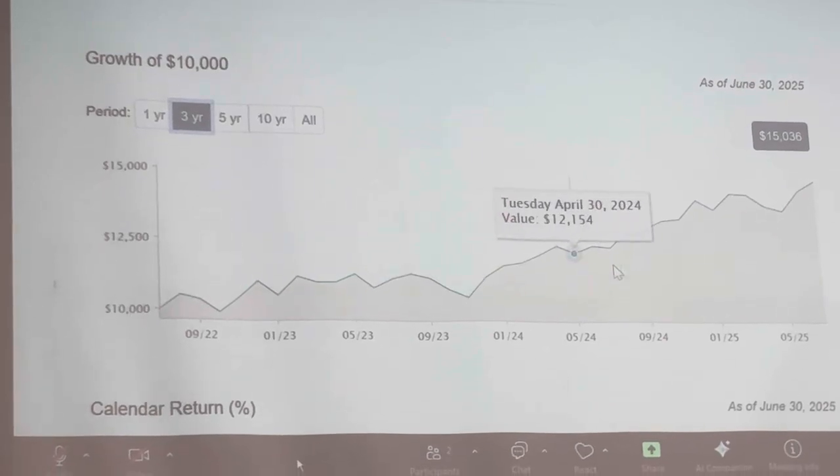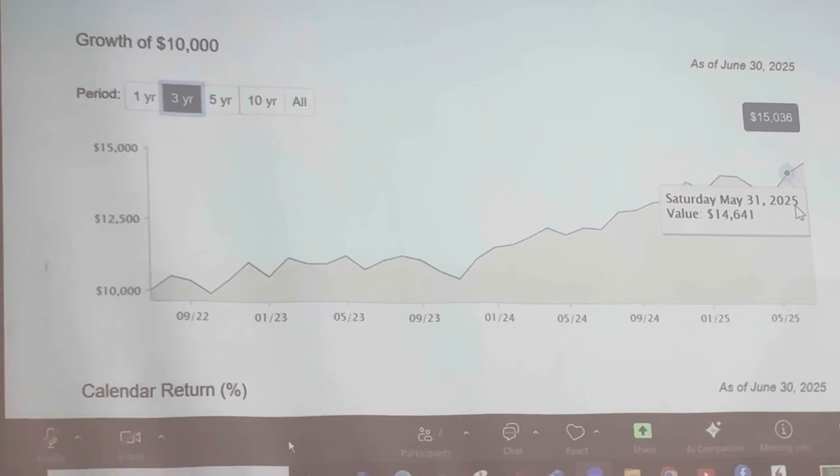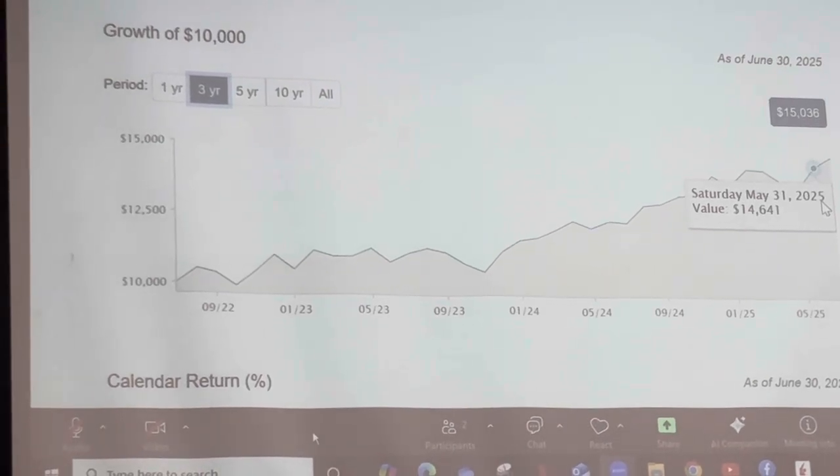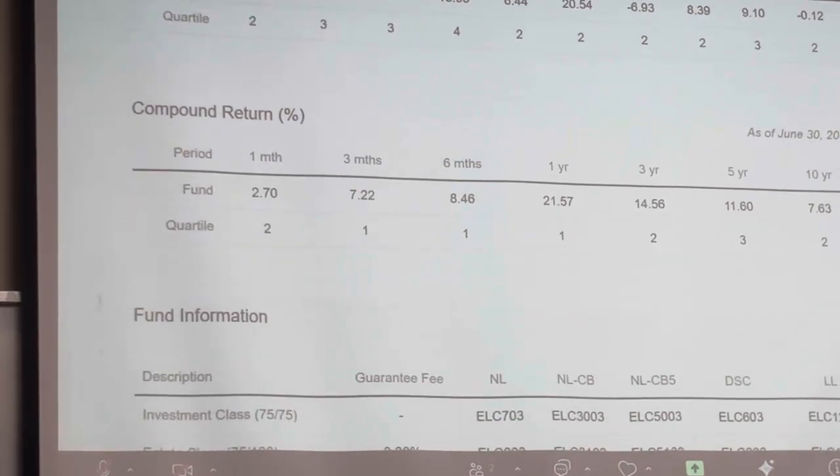It's not bad. Would I invest here? Well, probably if I like Canadian banks. But is there any other choice? Then you continue to search. Okay? You continue to search.